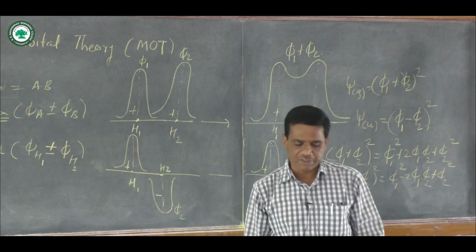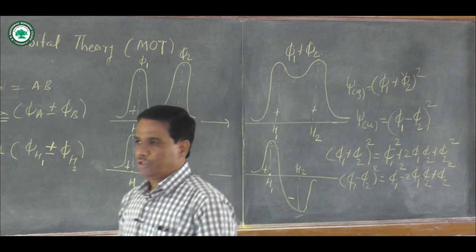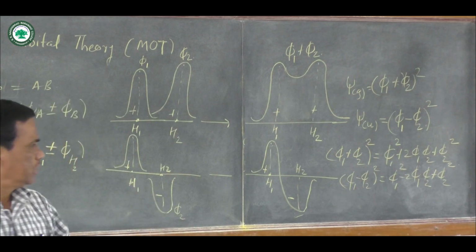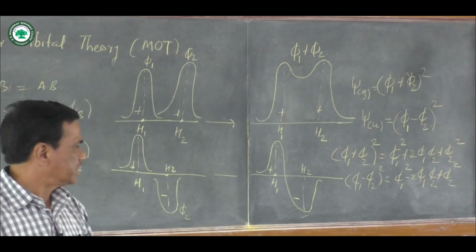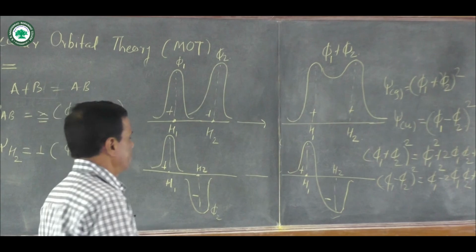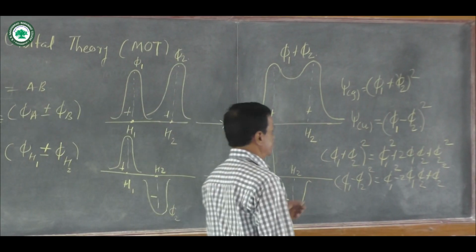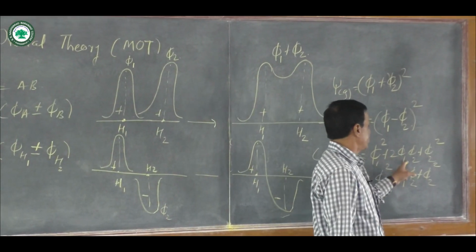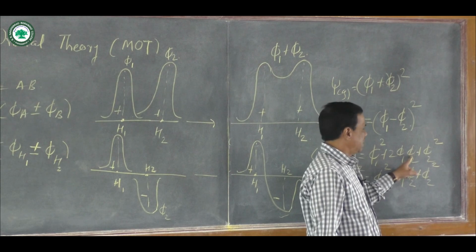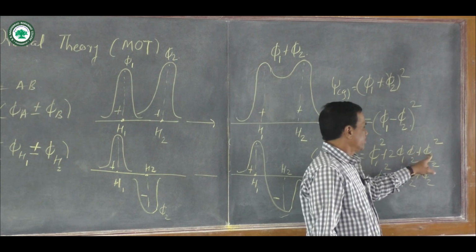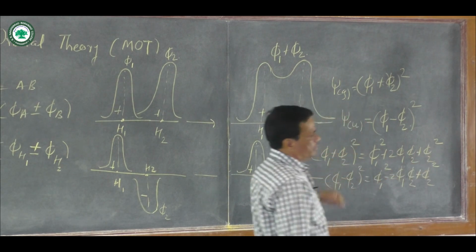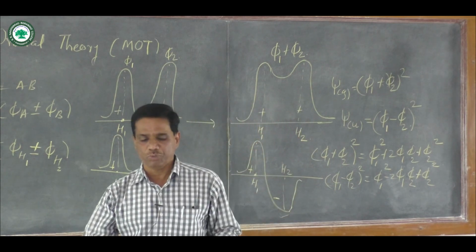When squaring occurs there is a subtraction, that is a minus, and for addition or combination, phi 1 plus phi 2 squared is equal to phi 1 squared plus twice phi 1 multiplied by phi 2 plus phi 2 squared. Like that you can determine the wave functions